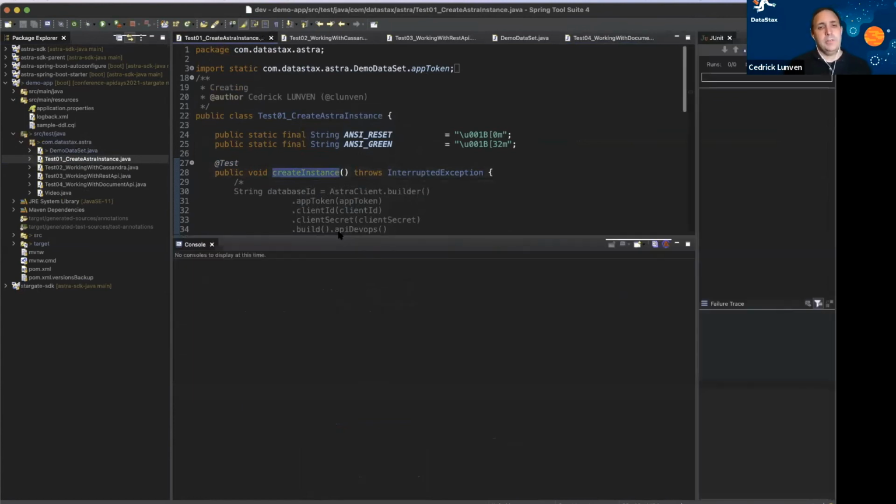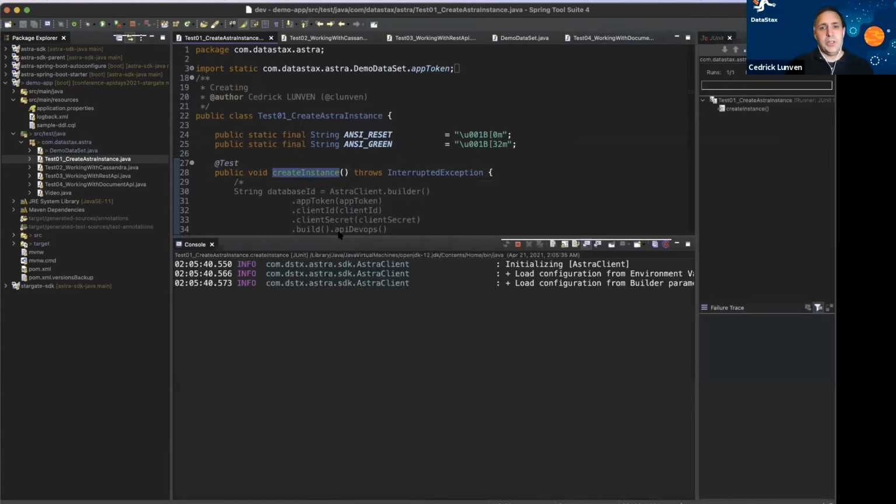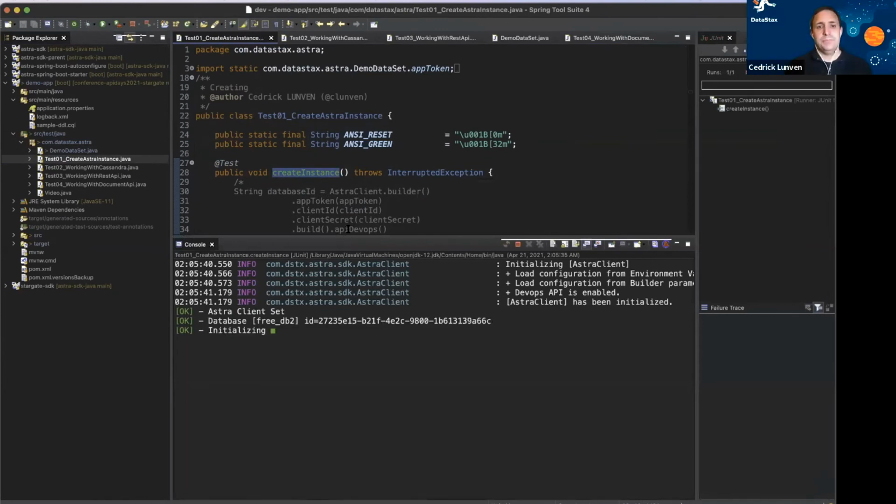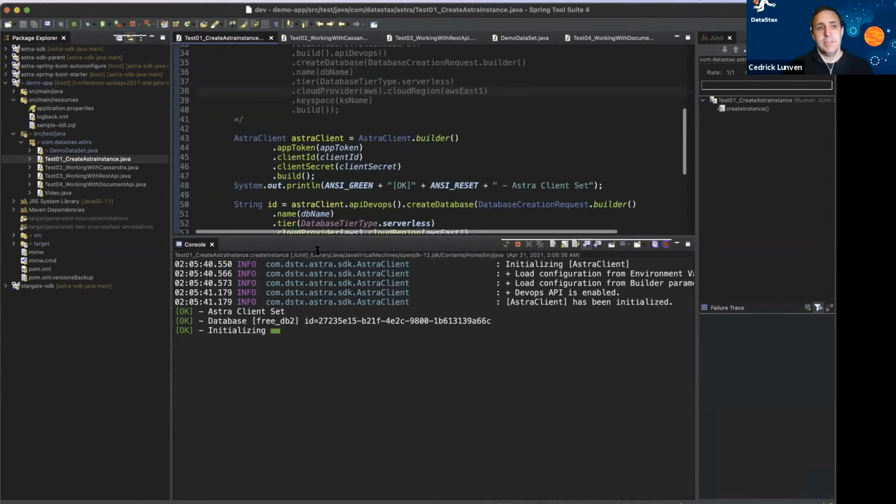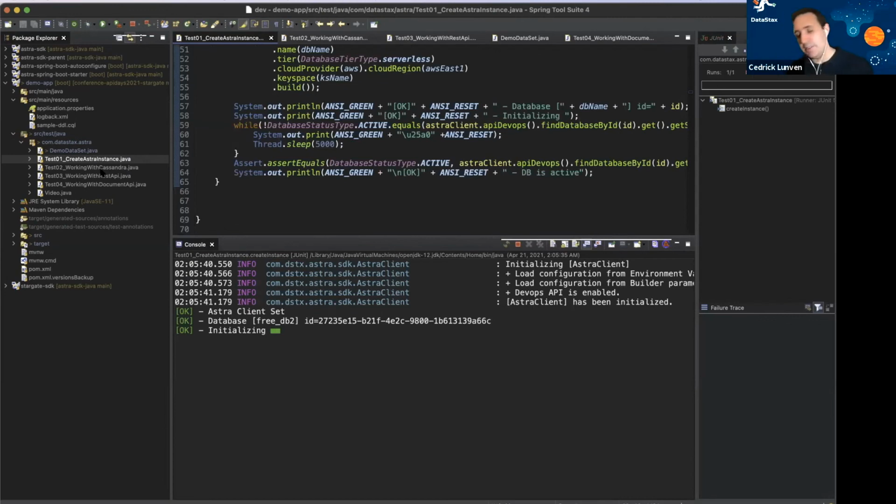And on Astra, we should have a new DB. But again, okay, initializing. It will take a few minutes to initialize. And then we can go and execute create table, create, delete, all using the API and not through stateful connection. Okay, anyway,